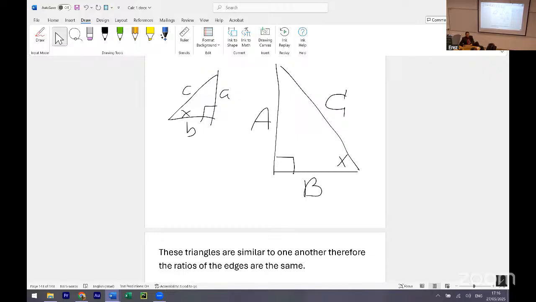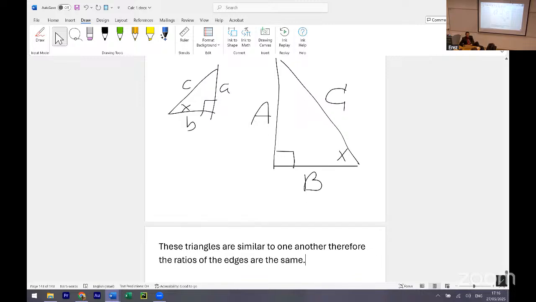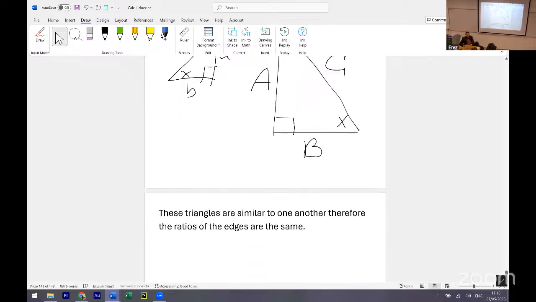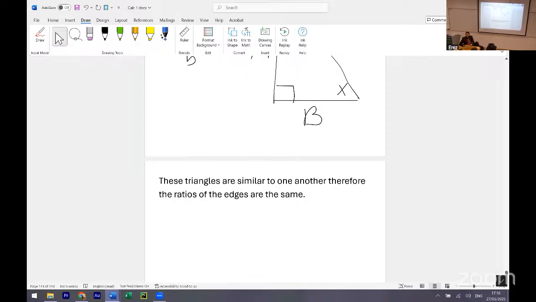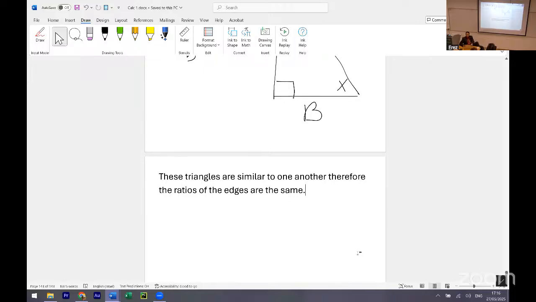Agreed? I did this with the kid I was tutoring yesterday. I also got mixed up between similar triangles and congruent triangles. ChatGPT corrected me: they're not congruent, they're similar. Yeah, it's important. By the way,